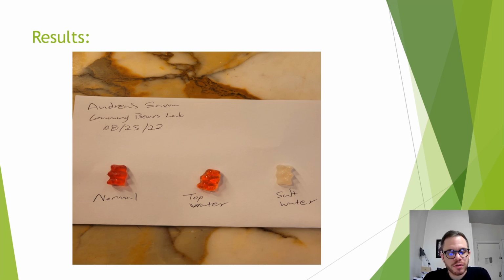bear, and that is because the tap water solution is a lower concentration solution than the gummy bear, resulting in water from outside moving inside the cell, or the gummy bear, we can say, which is an example of osmosis. And the third gummy bear we see is a little smaller than the other two gummy bears, and